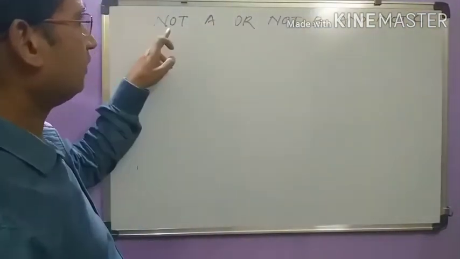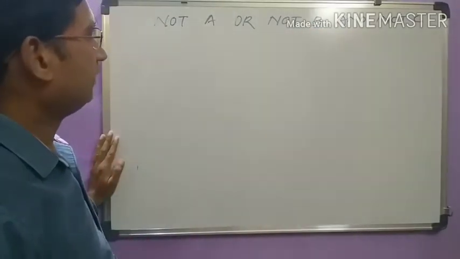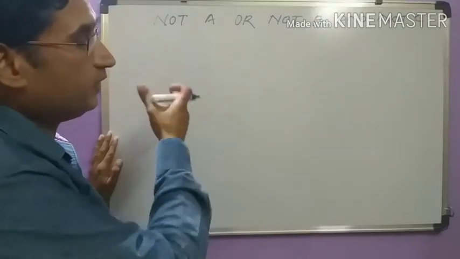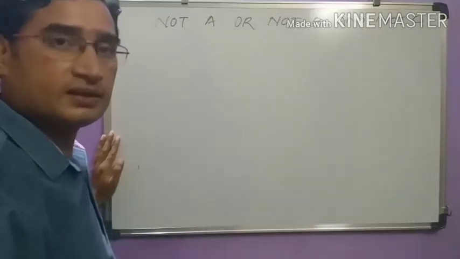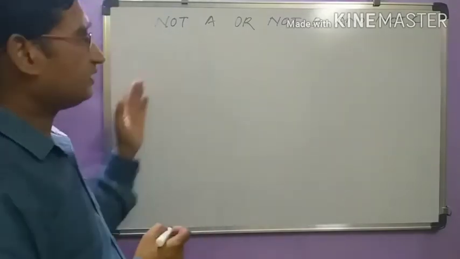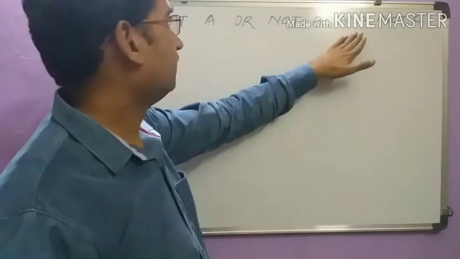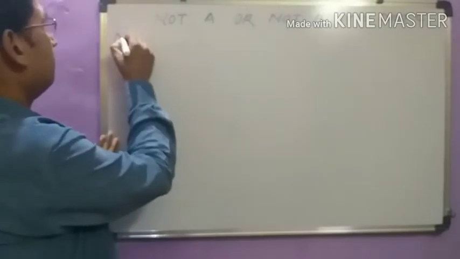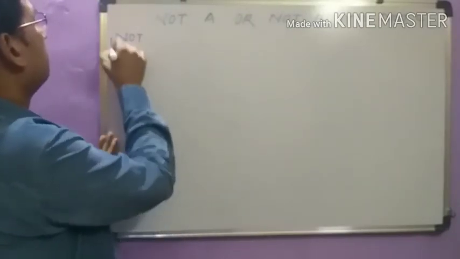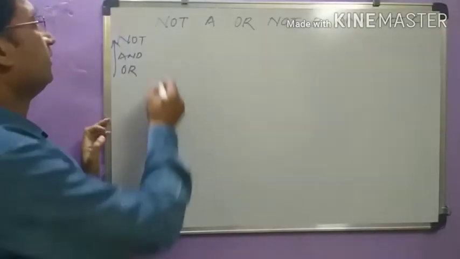In this expression, not, or, and are the logical operators, and A, B and C are the operands. Before converting from infix to postfix, we need to understand the priority of these logical operators. The highest priority operator in this expression is not. Then after that and, then or. In this order: not, and, or, meaning not has the highest priority and or has the lowest priority.